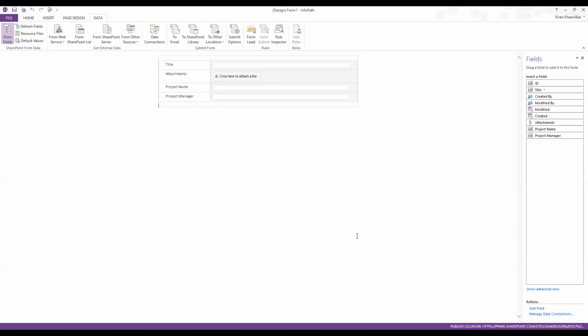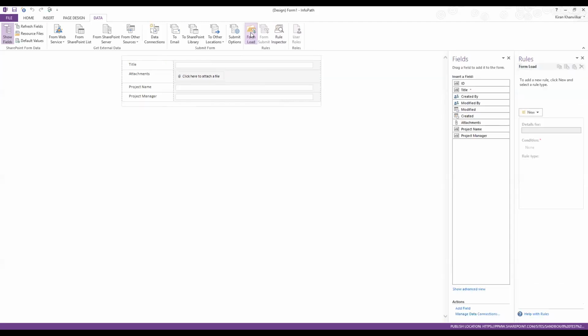So now as we have created a data connection, as a next step, we need to make sure we use the data connection and populate these text boxes here with the data which we require. And to do that, we need to create a rule in the form load event. So for an InfoPath form, you have the form load, which will get executed each time you load the form. So whenever the form gets loaded, what we want to do is populate the project name and the project manager name, right? And to do that, we have to click on